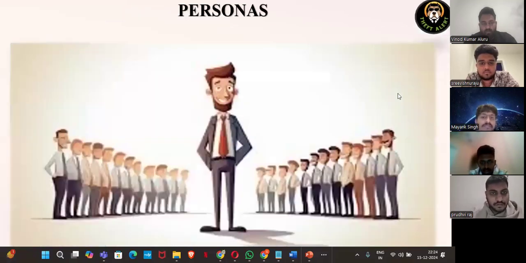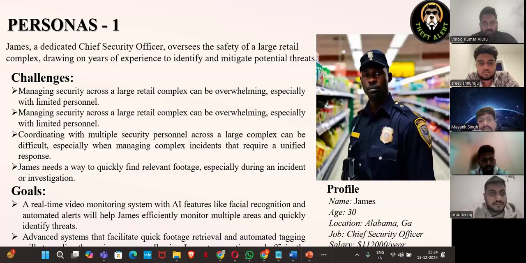Yeah. Now I will bring up personas. The first persona, James, is a chief security officer who oversees the safety of a large retail complex, drawing on years of experience to identify potential threats. His challenge is managing the security across a large retail complex, which is overwhelming, especially with